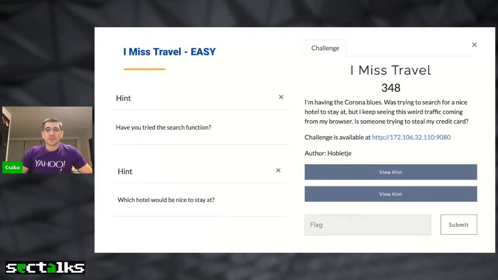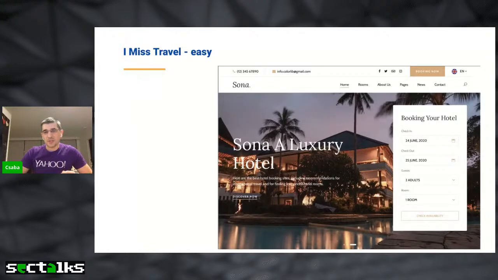So the first challenge was an easy one. The title was I Miss Travel, and we also got two hints with the challenge. One is if you try the search function, and the other one is if you stayed at a nice hotel. The website looked like this. On the right-hand side, you can search for a booking. So that was just a hint to use that particular section to find where the